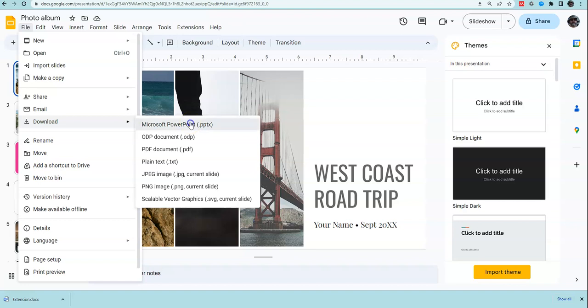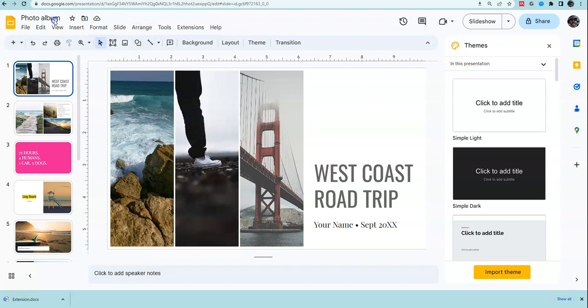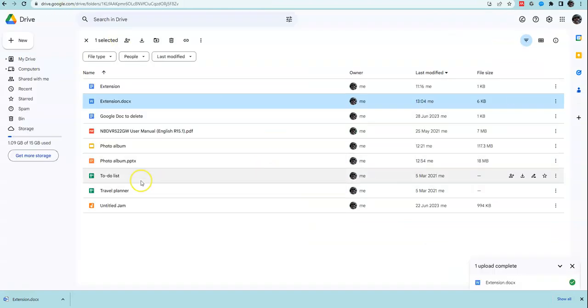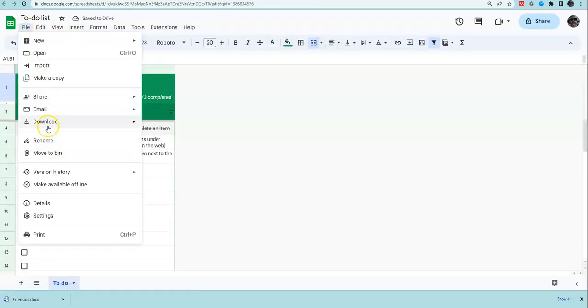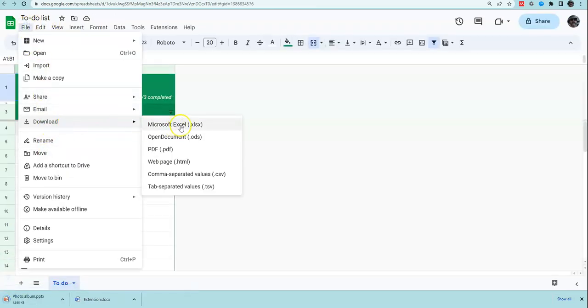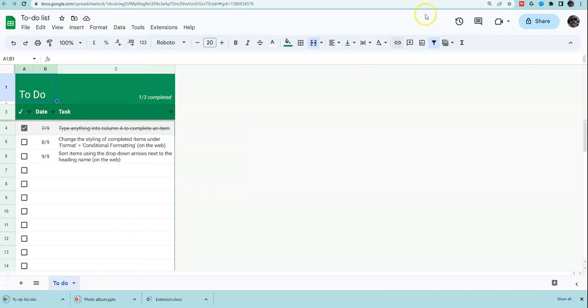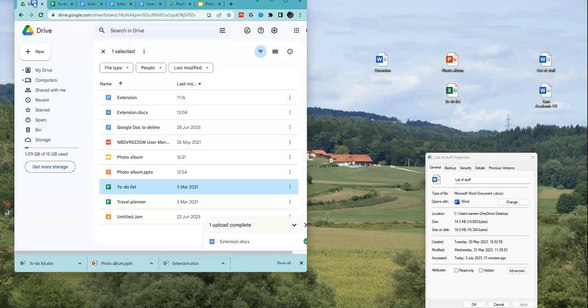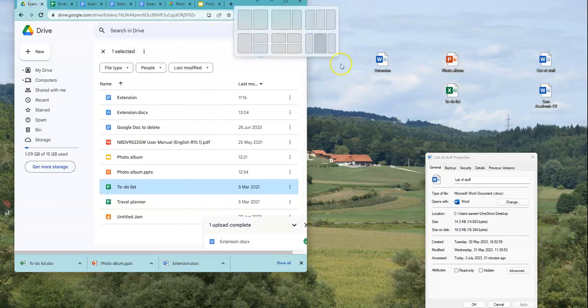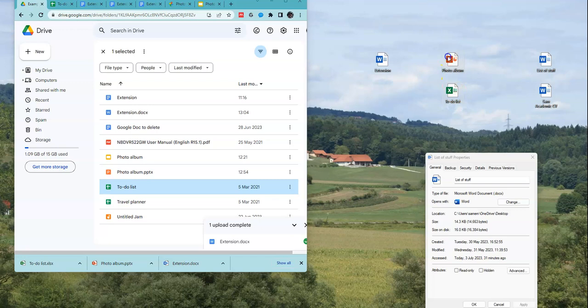ODP would be OpenOffice presentation, and I can also do the same thing for the equivalent of a spreadsheet. So XLSX. Make those a little bit smaller, take those, drag them over onto my desktop, come into here, and when I drag those over,